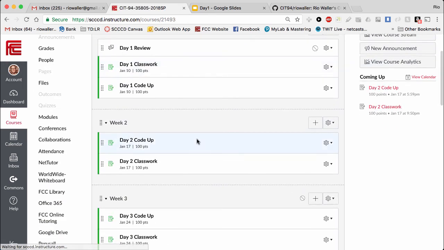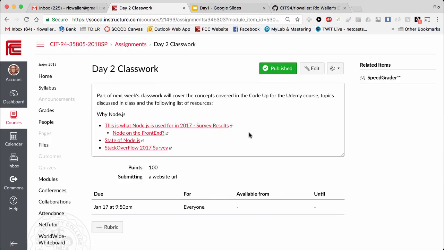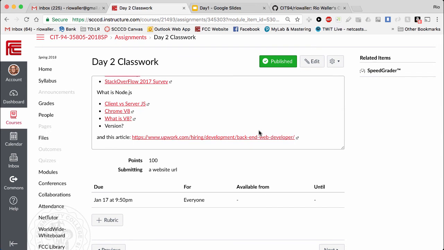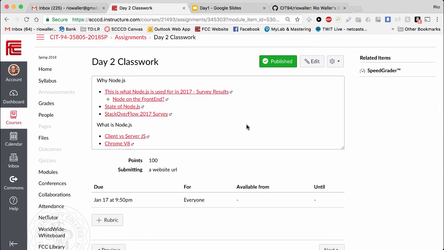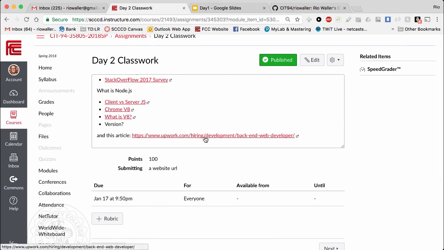Lots to go, lots to go. So in classwork, I've given you a list of some of the things I'm going to be talking about. You don't have to watch every one, but I think just doing a skim of this stuff is really good. We will have something at the end of class that covers some of the topics here and some other things that we'll go over. And then I've also given you a link to